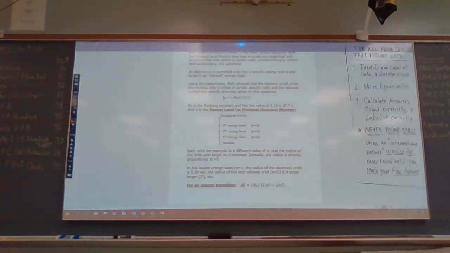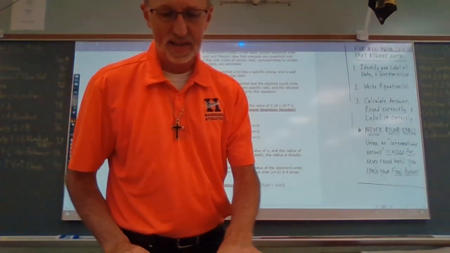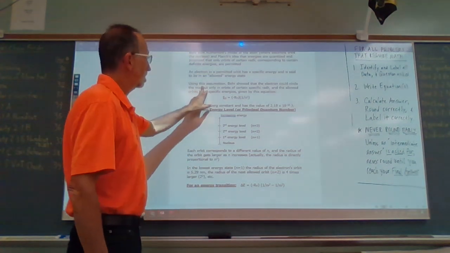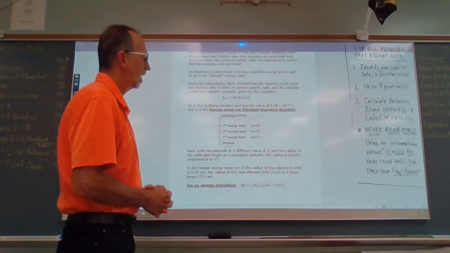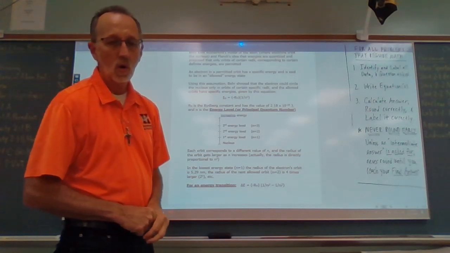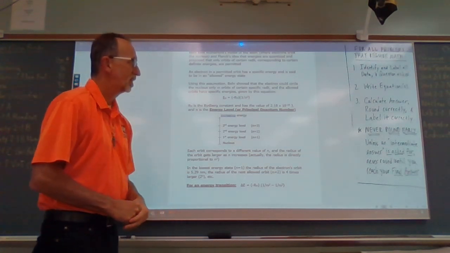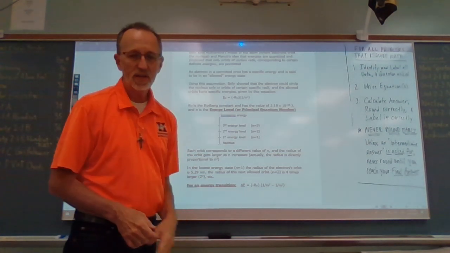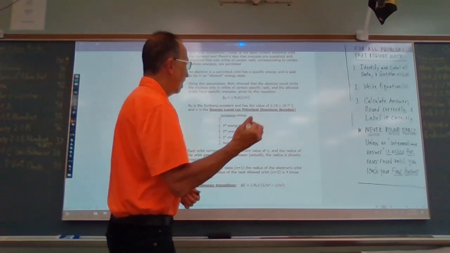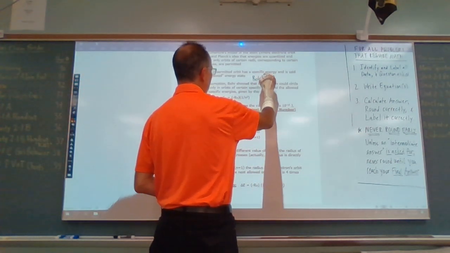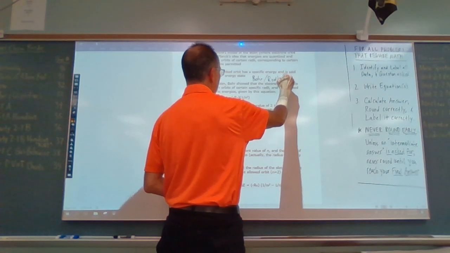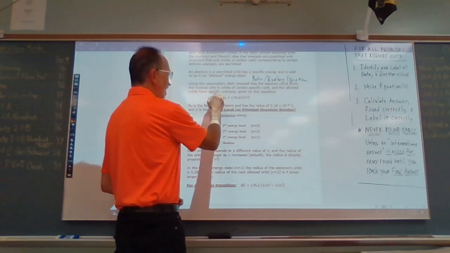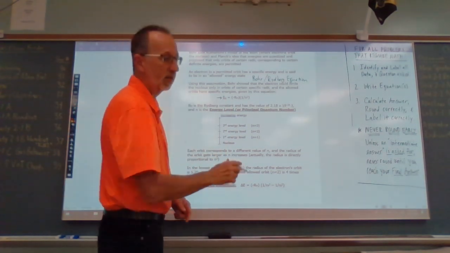All right. So, let's talk about what Dave was telling us there. So, using this assumption then that Bohr showed that the electron could circle the nucleus only in orbits of certain specific radii, and the allowed orbits have specific energies given by this equation. All right, this is called the Bohr-Rydberg equation, whereby E is the energy